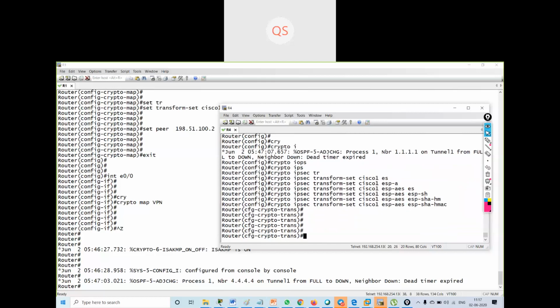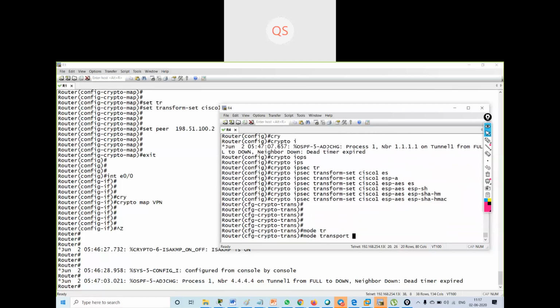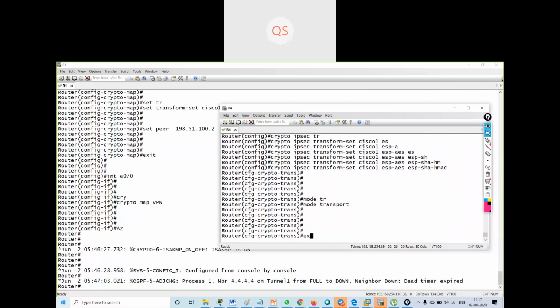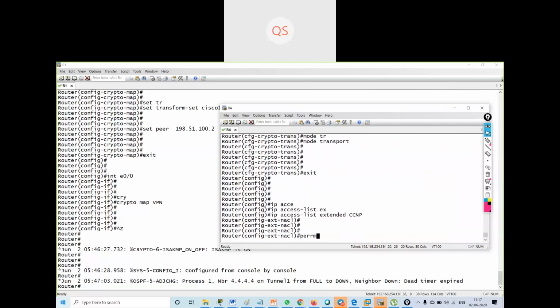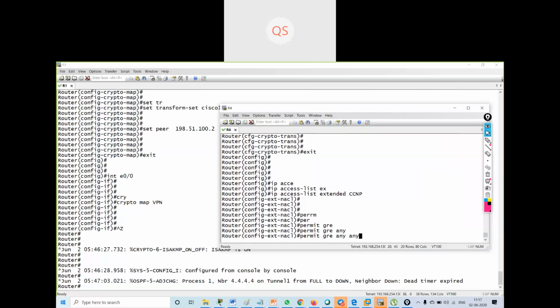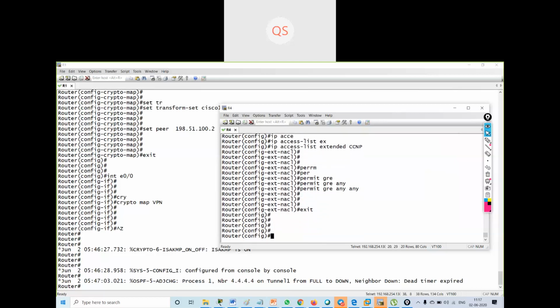Then mode transport, exit. Then I will create access list here, access list extended CCNP. Then I will say permit GRE any, exit.